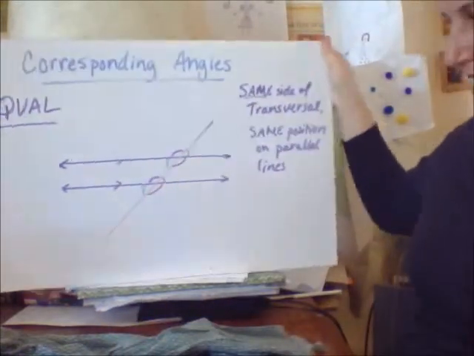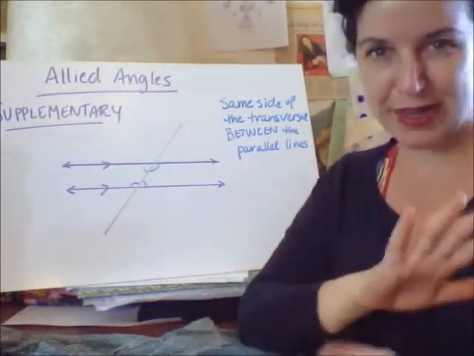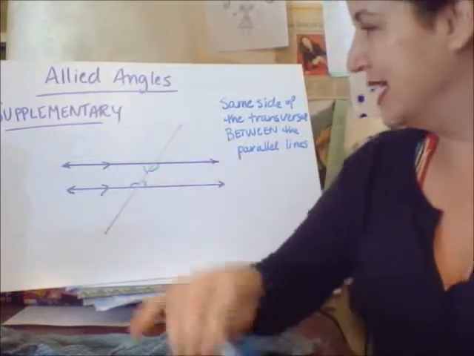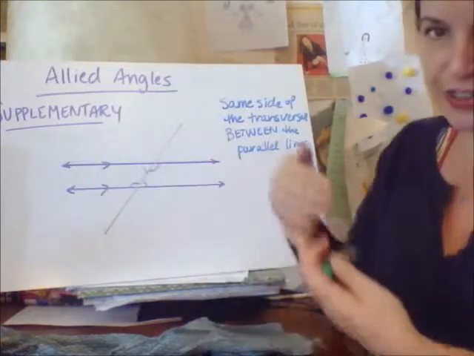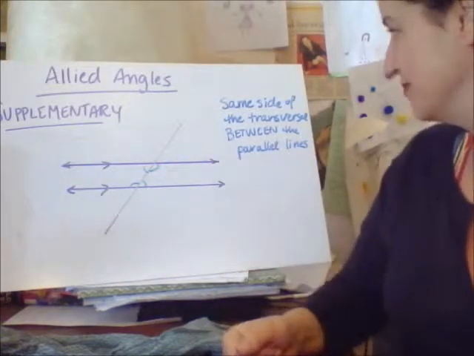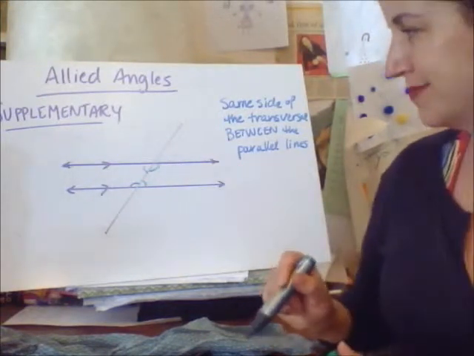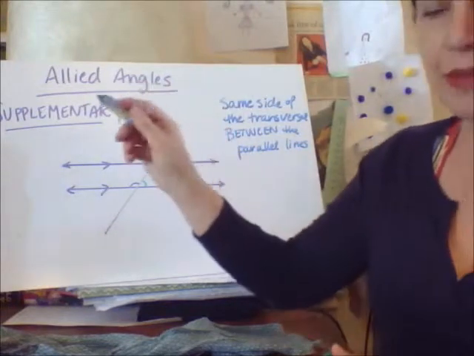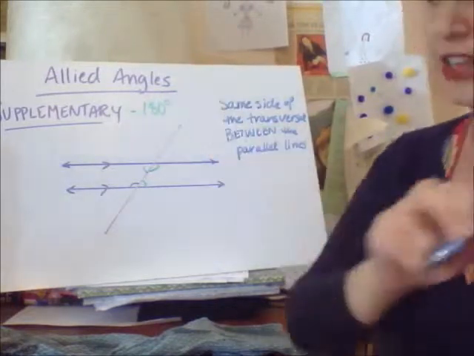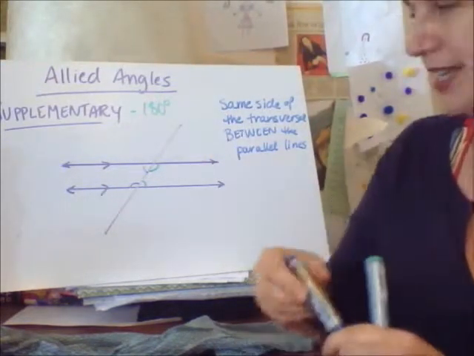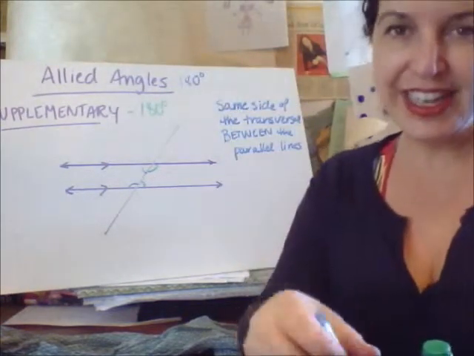Okay, and the last kind, they're called allied angles. They also have another name, but I'm not going to go there because I want to keep this simple. Allied angles are on the same side of the transversal. So they're either on the right or the left of the transversal. They're between the parallel lines. So you can see I've only got two sets of them in my image here. Allied angles are supplementary, which, as you recall, means they add up to 180 degrees. They're not equal like the other ones, but they are supplementary. So these angles always add up to 180. Okay, so there's three